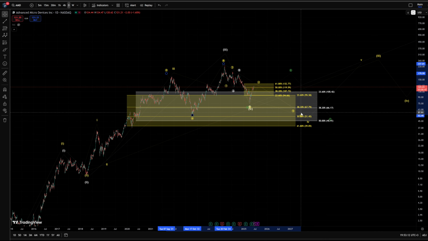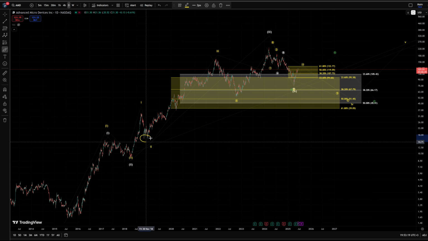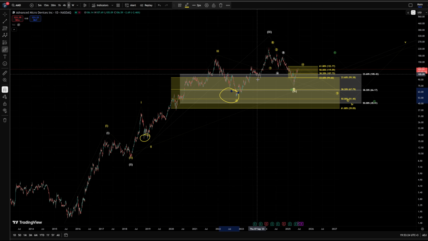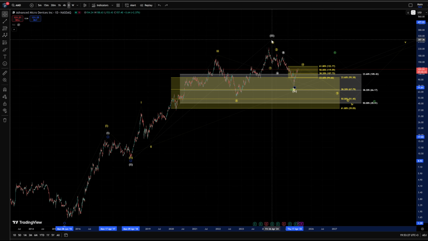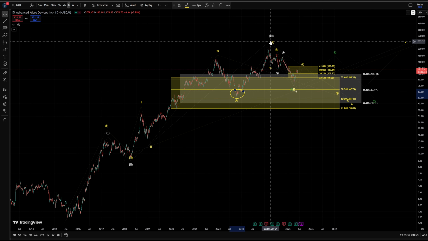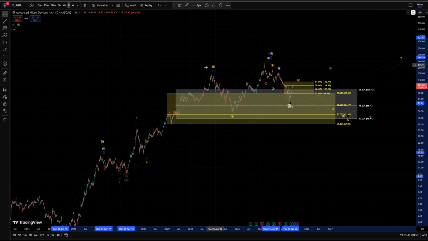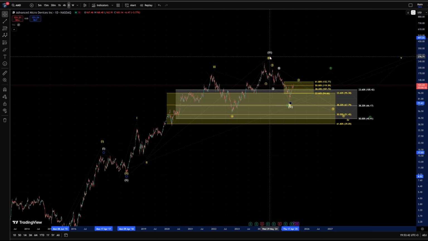So we can see that the length of the wave 2 here would be more similar to the length of the A wave that is here, which is why I am more likely to say that this was actually the entire correction for the wave 4, and that would be in white. That count is not on the chart, it would be the micro count as it is in yellow for the white count. And yeah, the idea is that it looks better with the white count, where we finished the third